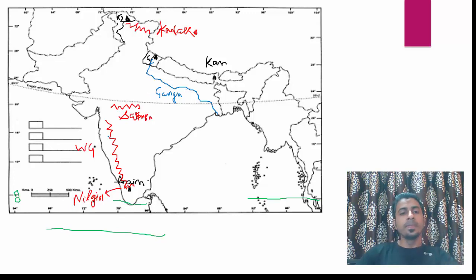Now next is Godavari. So Godavari rises in Nasik. Nasik is a city or district in Maharashtra. So Godavari runs from west to east, right? So Godavari will rise in the Western Ghats and it will flow like this, like this, like this. And you see this different type of land area that juts out a bit here, so Godavari comes here and meets the Bay of Bengal. So this is your Godavari.